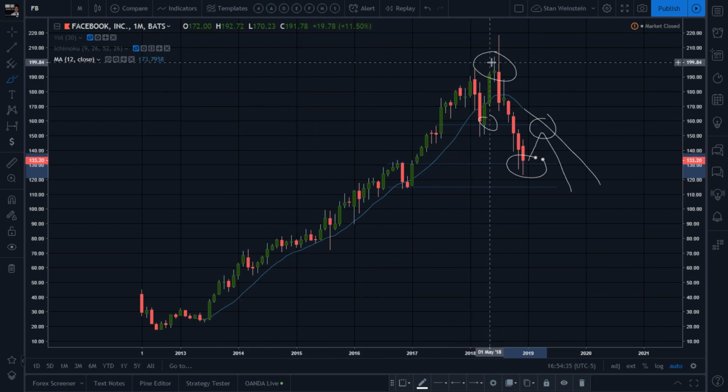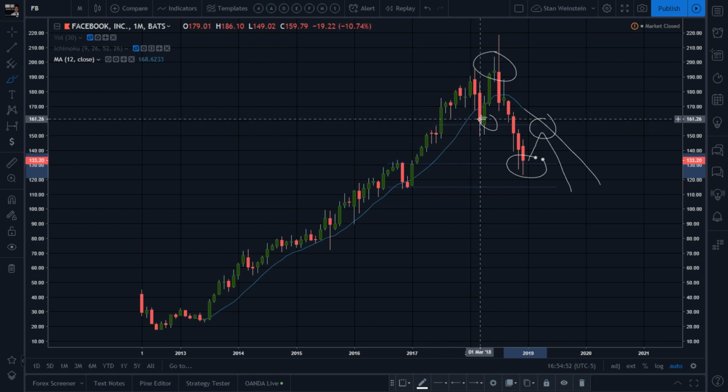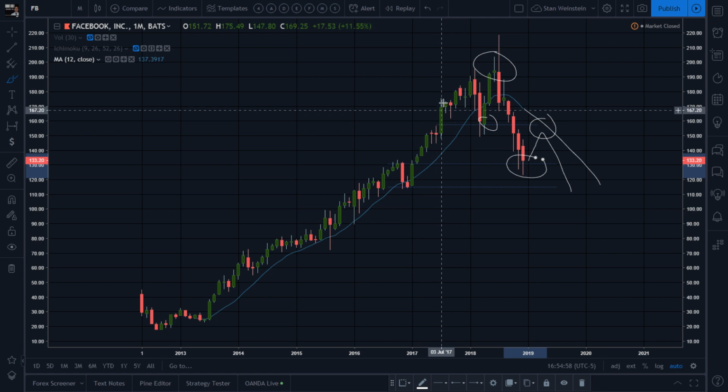Volatility, getting away from that 12-month moving average. Huge wick, then dead to red, going back in. That's a big sign that there's something wrong. Even you had it a few months before. You had that close below the 12-month moving average. You should be out. That's a big warning sign. You should be out of the stock. You don't want to short it right there, but it's a sign that there's some weakness, some things happening, and